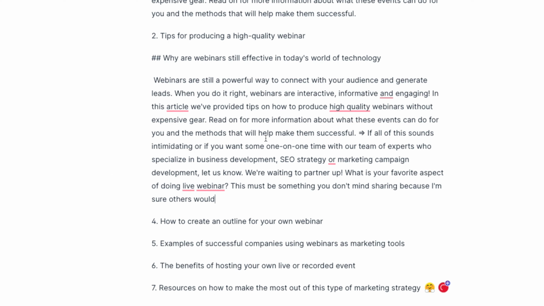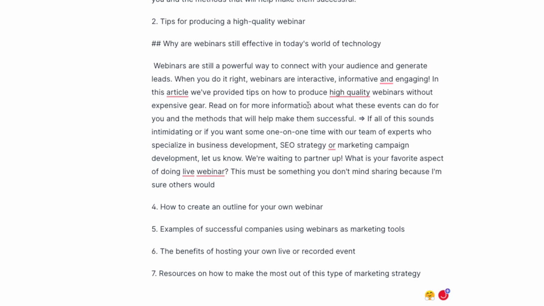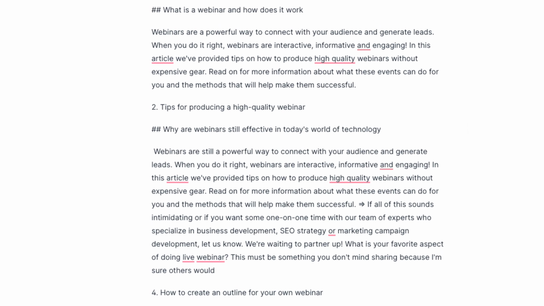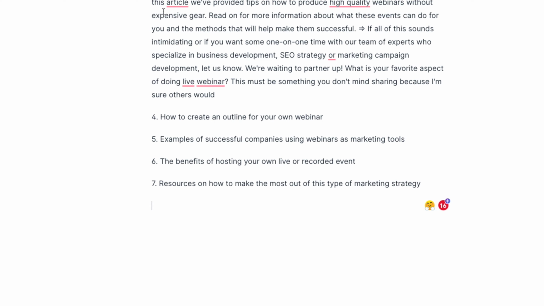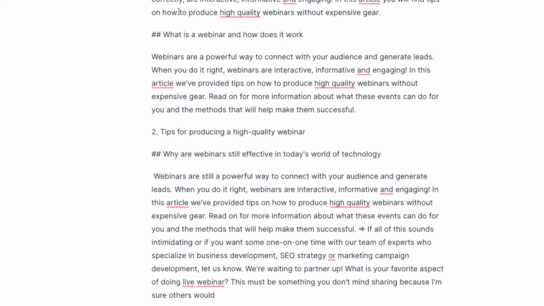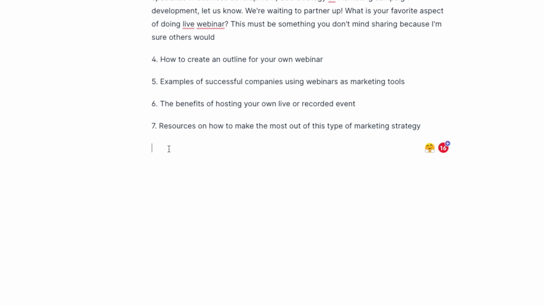And now some other cool things that you can do is you can have it look at the context of everything above here. So previously, Jarvis would look at the past 600 characters, but now it can look at the previous 2,000 to 3,000 characters. And you can do things like write an AIDA for the content above, and that's a marketing framework for attention,